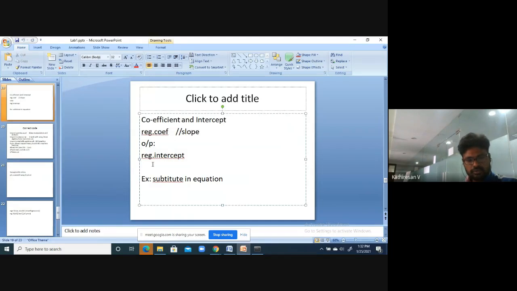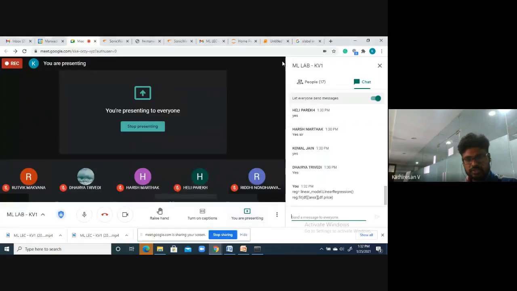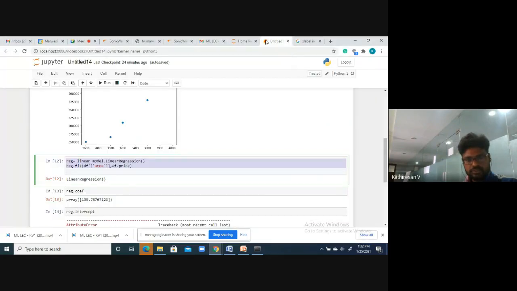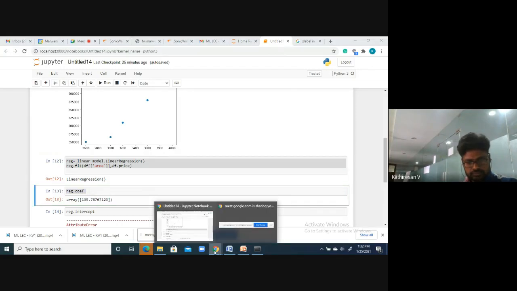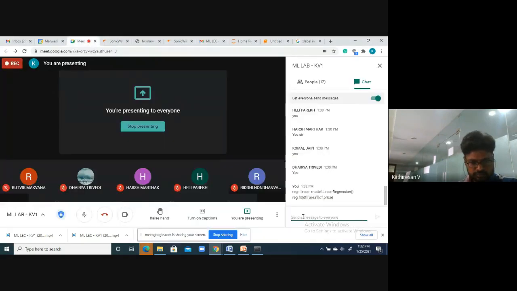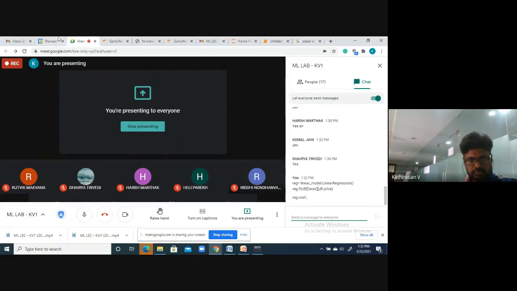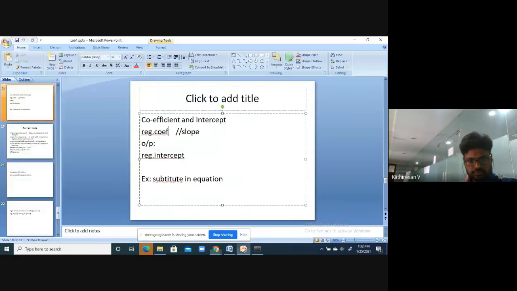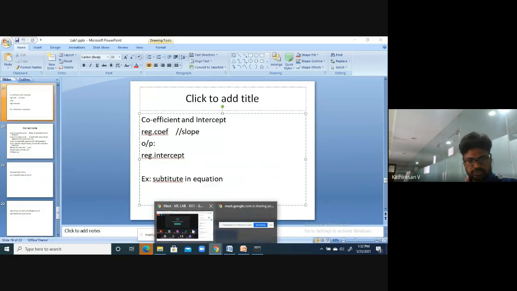We have the intercept and slope, so based on the two you can calculate. If you are facing any problem or having any doubt, please ask me. Check the chat box for the codes.